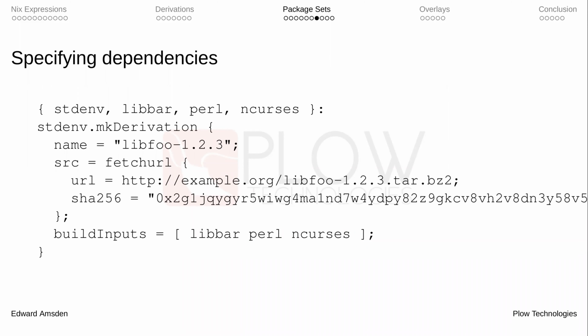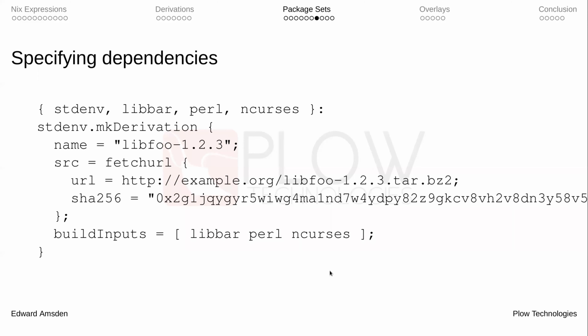So the other thing to know about the mkDerivation function is that you notice up until now we didn't mention any of these dependencies except in the lambda, which meant we weren't using them. But we want our configure script, especially, but also our make and everything else, to have access to the things from these derivations, because, well, they're dependencies. So mkDerivation takes a parameter called buildInputs, which is just a list of derivations that will get built first,